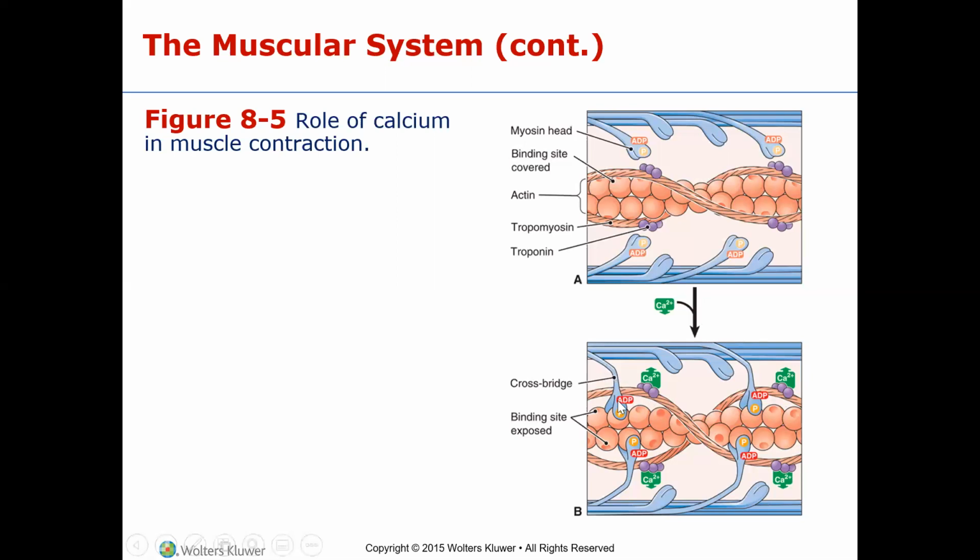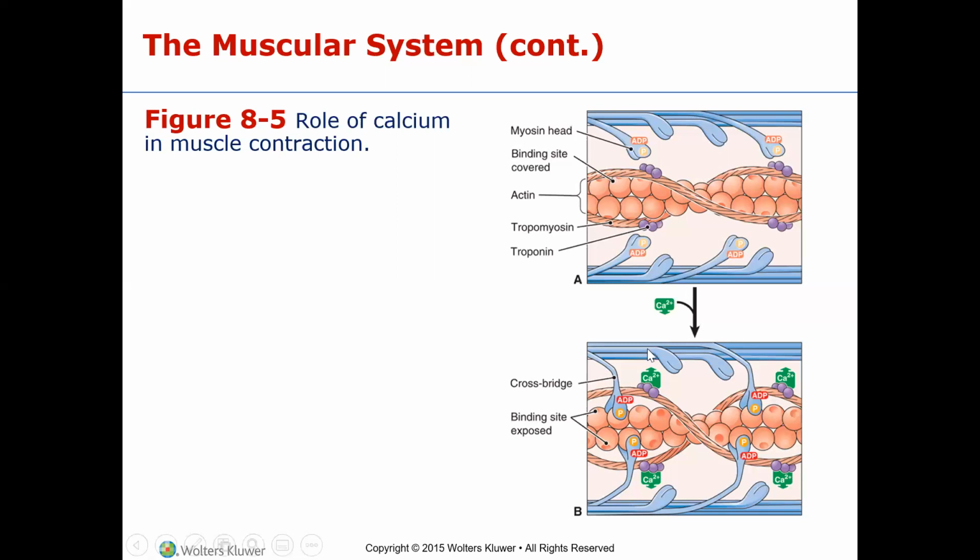So now you can see that the oar can actually bind to the actin, okay? And this, again, the calcium is actually pulling. If you note here, the troponin is right on top of the tropomyosin. The tropomyosin is in contact with the actin. Well, the actin, little balls, have to interact with these myosin heads. Well, if this tropomyosin rope is in the way and the troponin is in the way, then we need to get it moved, and the